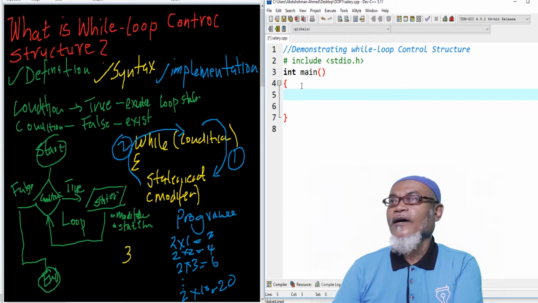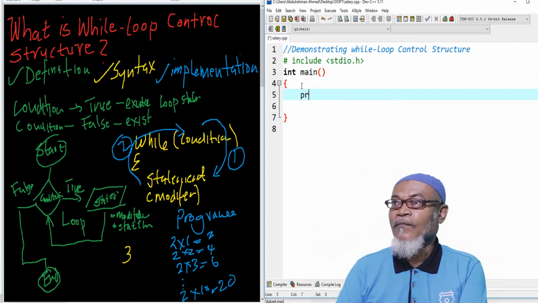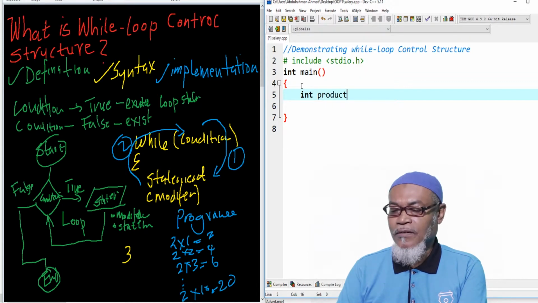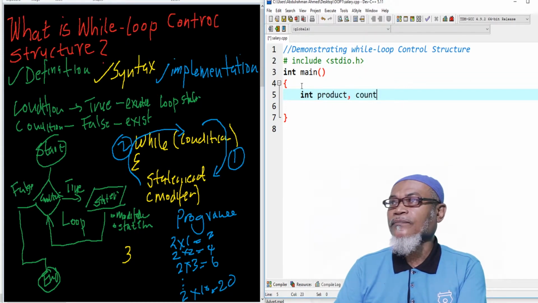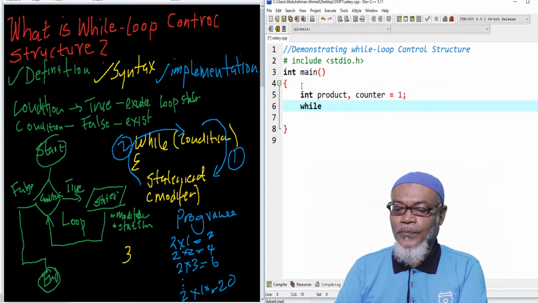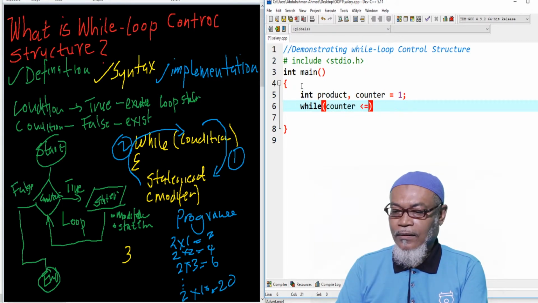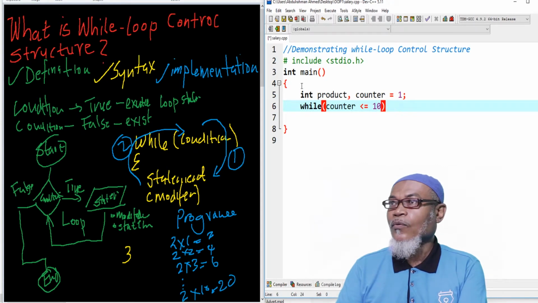So we have to have two variables which are going to hold everything. First of all, we have a product, so int product. This will hold our answer, which is 2, 4, 6, 8 until 20. And then we have a counter, and we have to initialize it to 1 because this is where we are going to start. So here we are going to have our while loop. While our counter is less than or equal to 10,